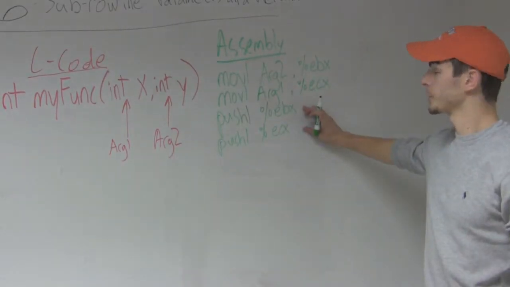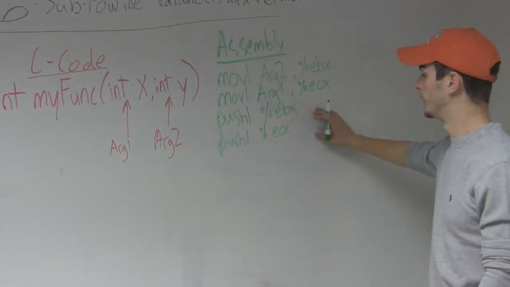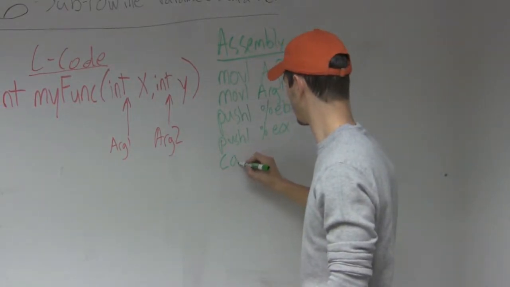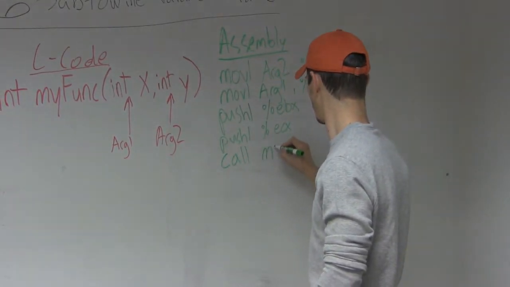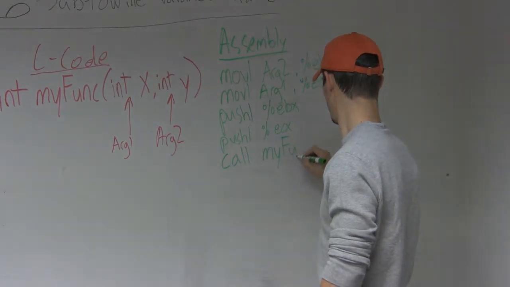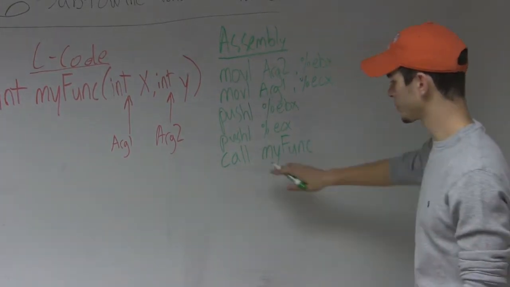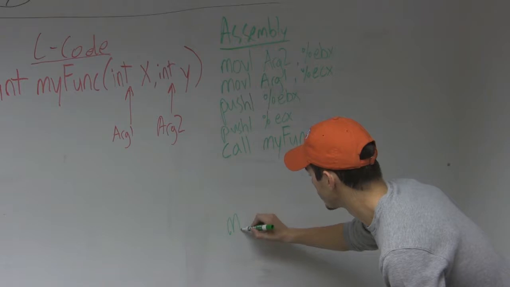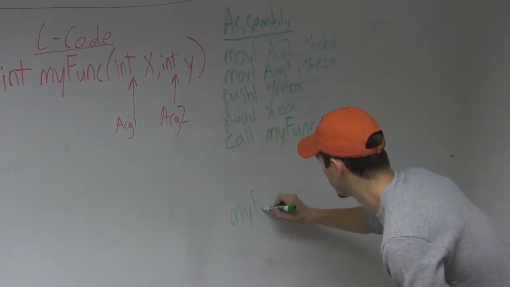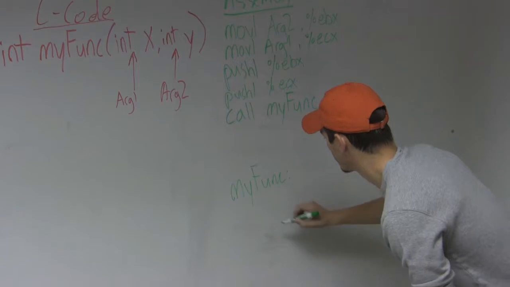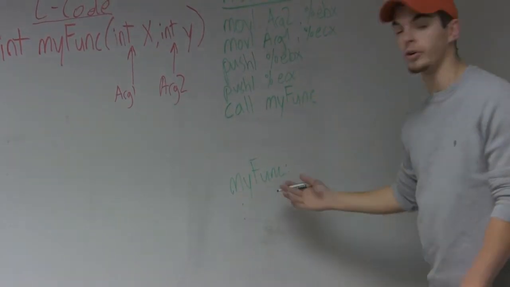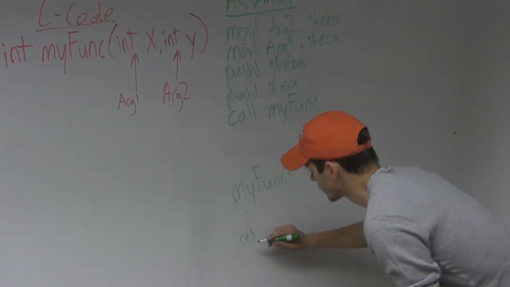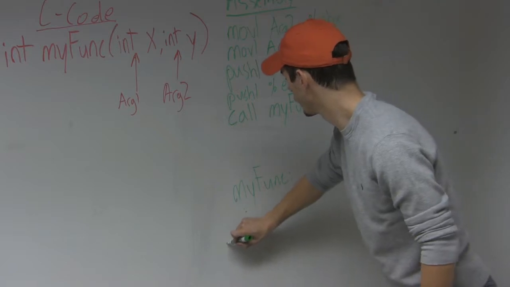Now that we've pushed our registers containing the arguments onto the stack, we now are ready to call our function. So now at this point, the code will jump down to the myfunc label. And it'll execute whatever is within the function, and then once the function is returned, it'll jump back up here,